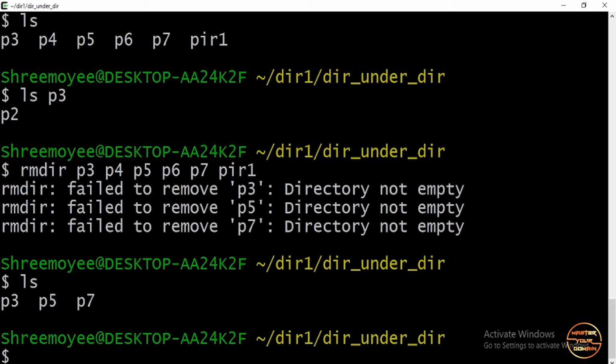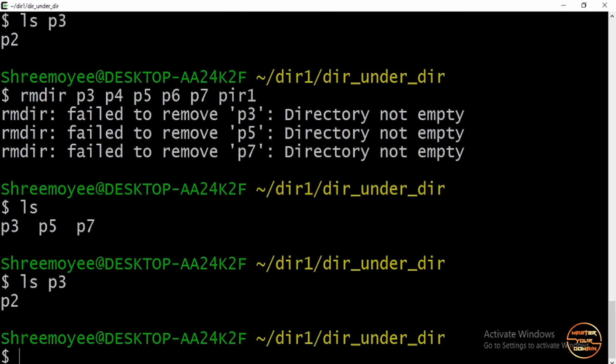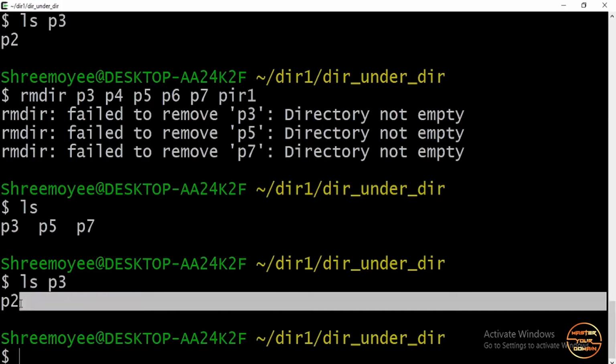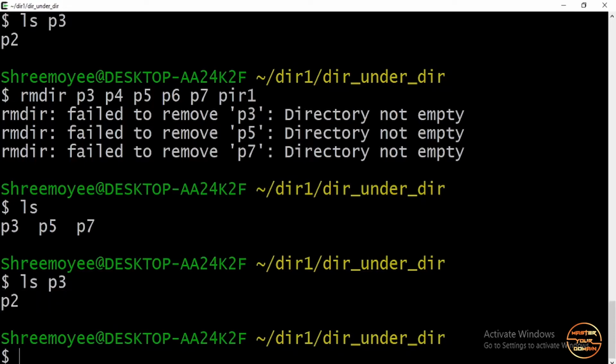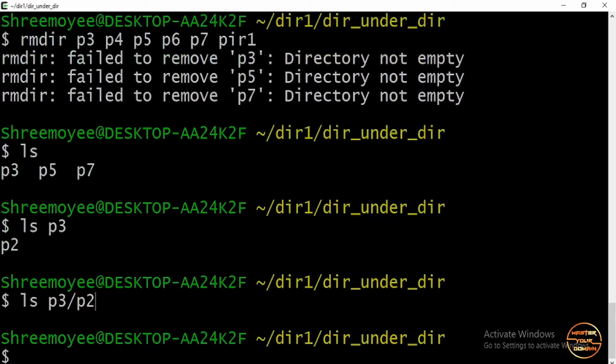Fine. Now I want to delete p3, but let me check the content of p3, and there is p2. And let me check the content of p2 as well. Here you need to give the relative path, and there is nothing inside p2. So what I can do here is rmdir then minus p.